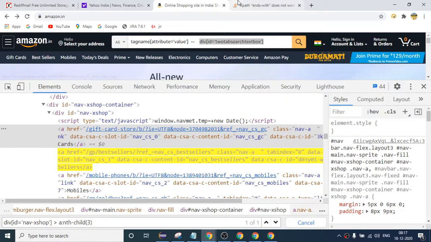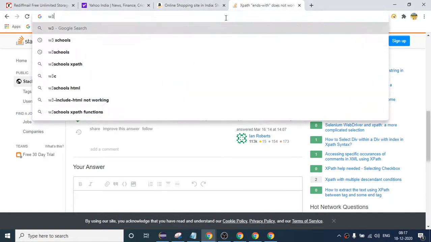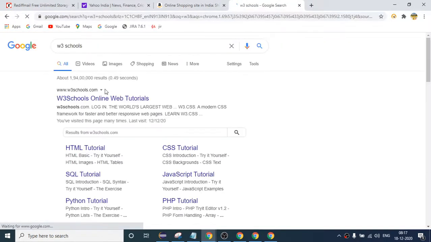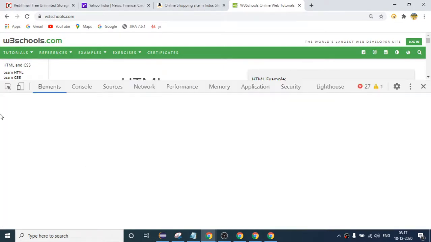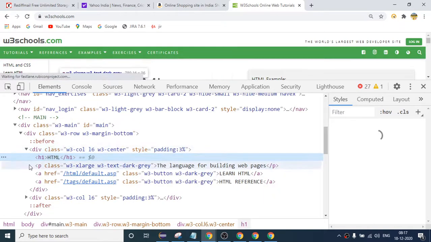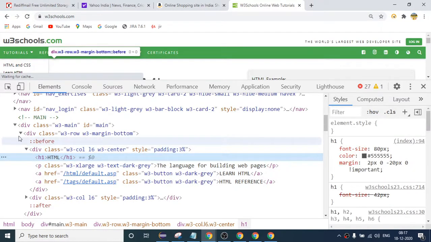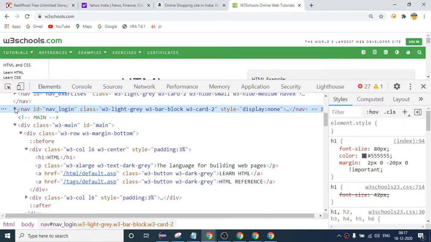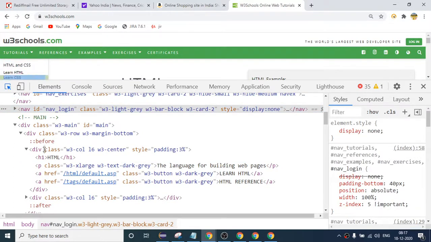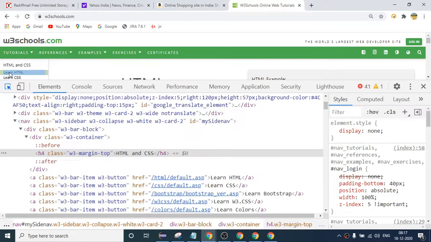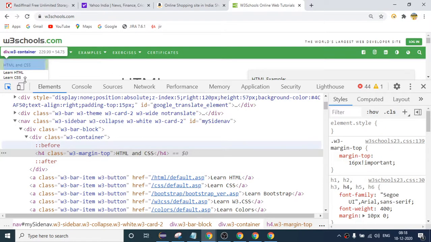So let me show you one more website. If I want to see the code, okay, not a good one.